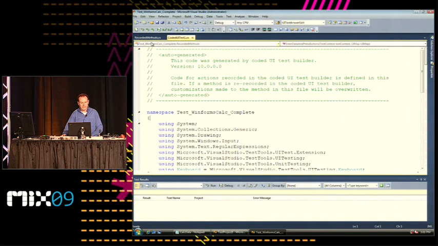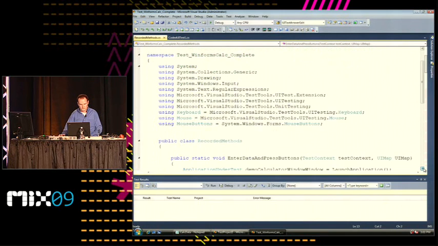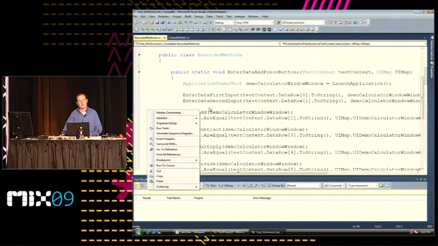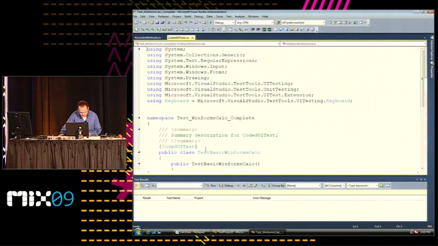So this is my completed application. So I just want to show you how we add validation logic. We have about 6 minutes left, so I'll just take you quickly through that experience. So validation logic essentially gets added the same way that you would go through and record the steps of clicking through the application. So if we go back into my coded UI test here,